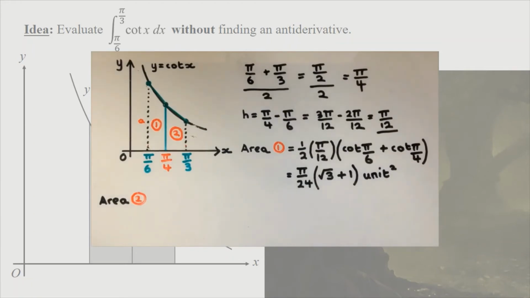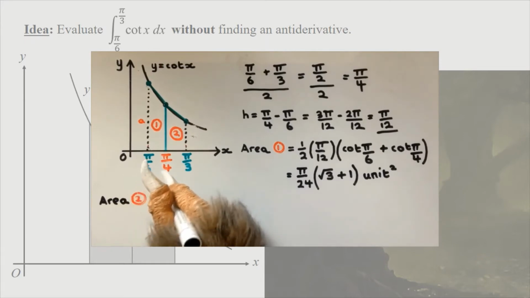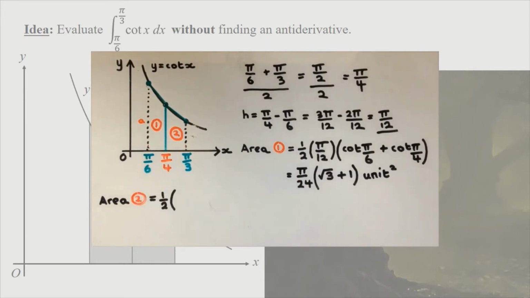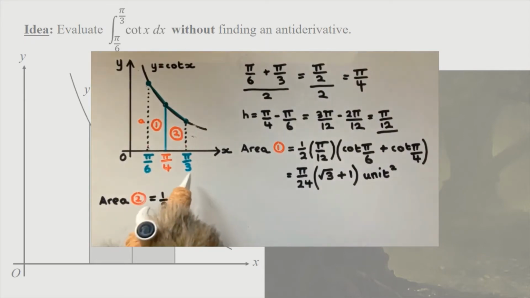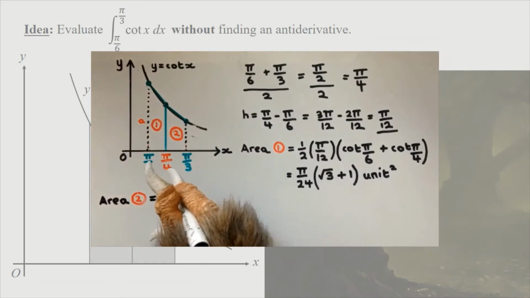So this is going to be 1/2 h. Now you can just check this if you want to. If you do pi over 3 subtract pi over 4, we can use 12ths again. So pi over 3, of course, that would be 4 pi over 12 subtract 3 pi over 4. Again, we'll give you pi over 12. So you can check that if you want to, but if everything's okay, it should be the same. So pi over 12,